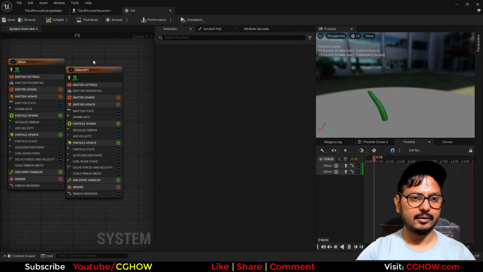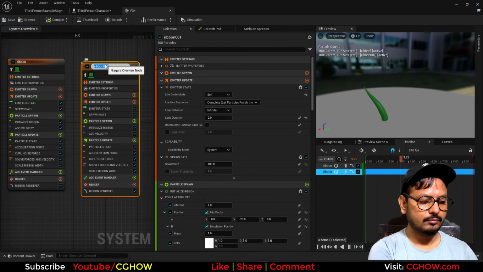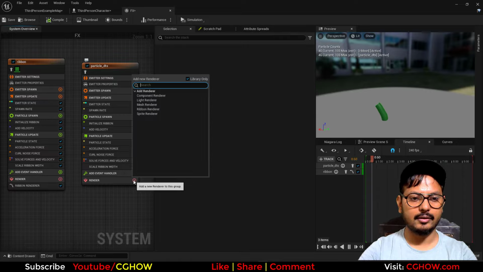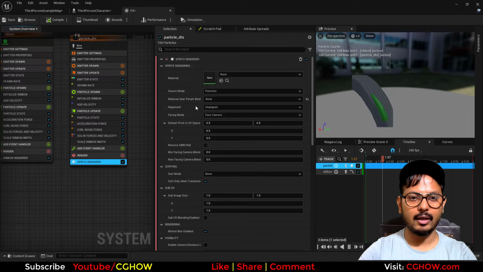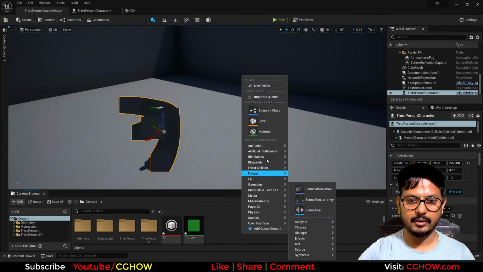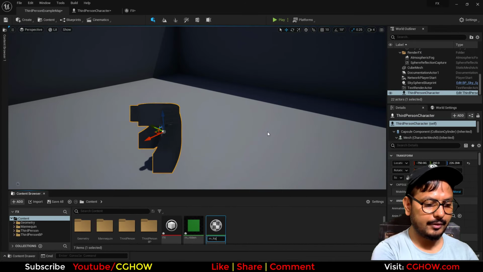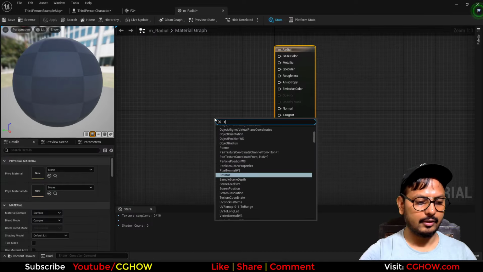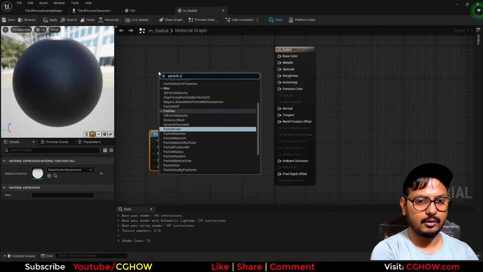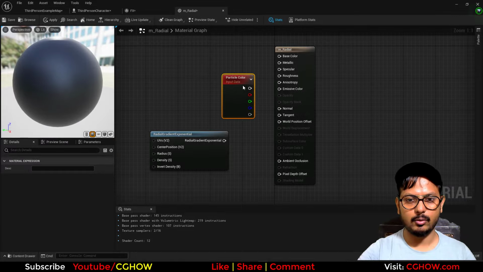I'll just duplicate this, and this is my dust or particles, dots, anything, and I'll delete this. I'll take the sprite, and I need a radial. It doesn't have any material like that, so I will just create a radial, and I'll take a radial exponent quickly, and particle color. This will go to emissive,